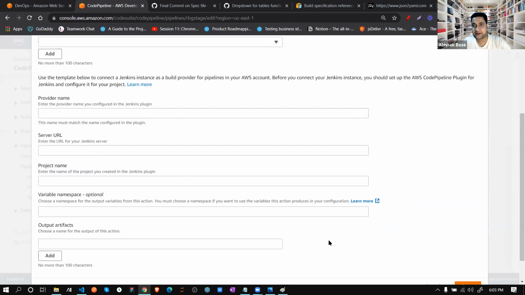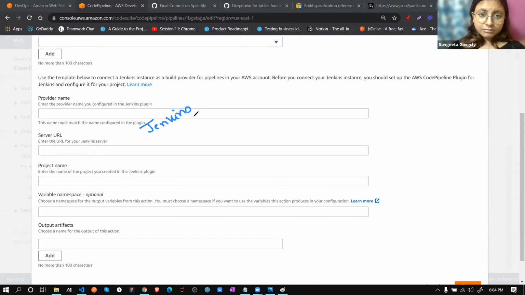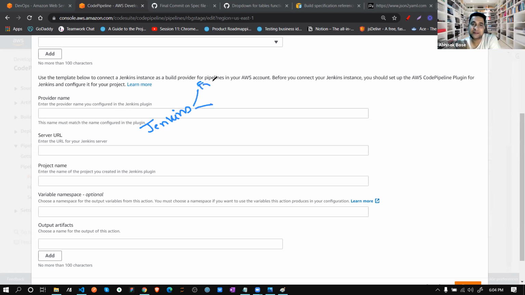Now let me tell you another story. Why am I not focused on Jenkins? Rather, I am saying go for AWS. Is Jenkins free or not? Tell me, anyone. Jenkins is paid, I think. Then we don't have to create an account. So Jenkins has two scenarios: one is free, another one is paid.